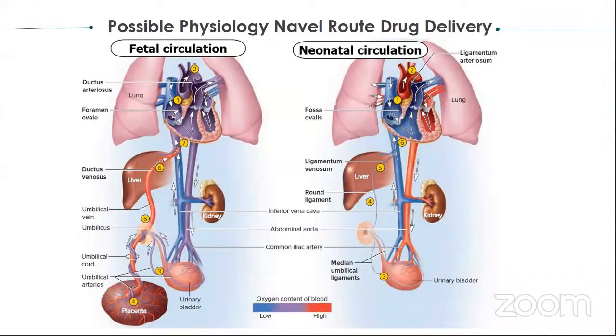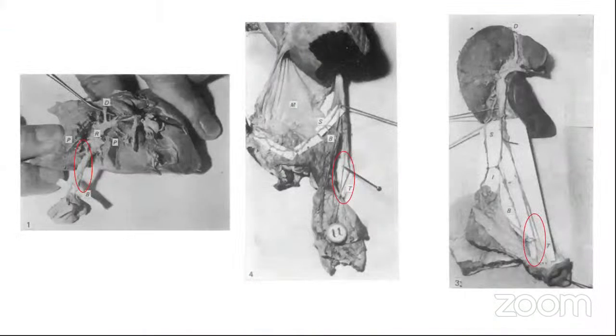And one of the literature I have found shows the umbilical cord status in different age groups. In image 1, the portion highlighted with the circle is the umbilical vein, which is still active in the liver or body part of the 3-week-old child. And then the next postmortem image of the